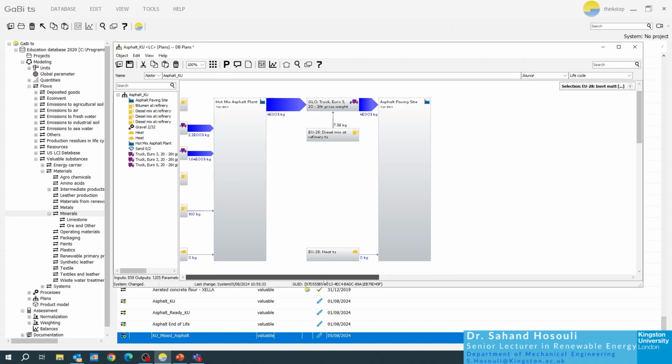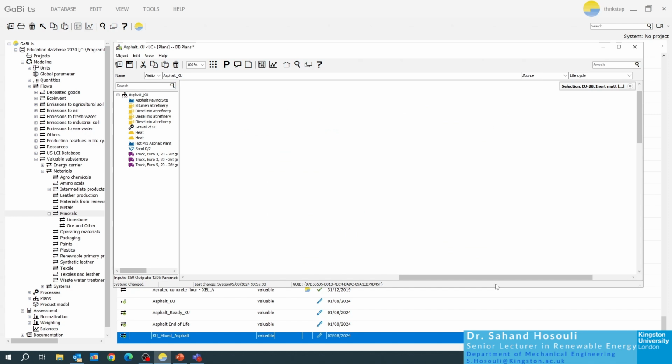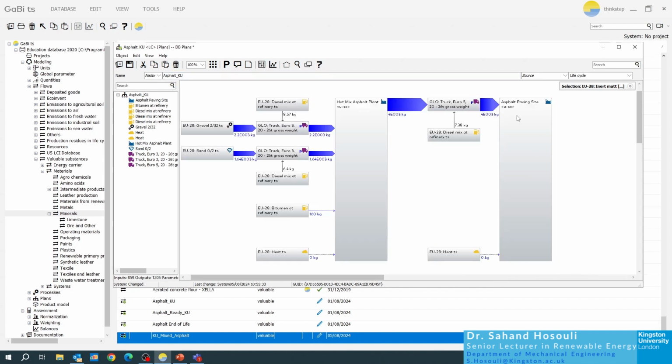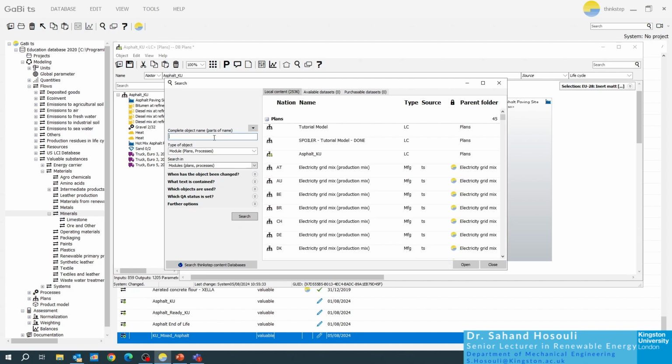What we need to do now is define an end of life scenario for our case over here. So in our case, as we discussed before, the asphalt is going to have an end of life scenario in landfill. So what I'm going to do is use the search function over here and look for landfill among all the processes that we have. So, landfill,